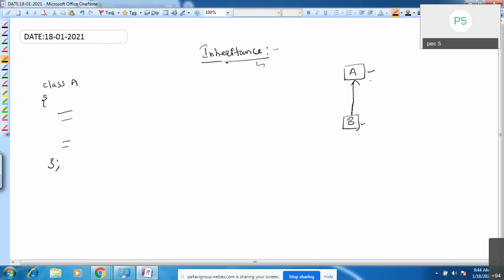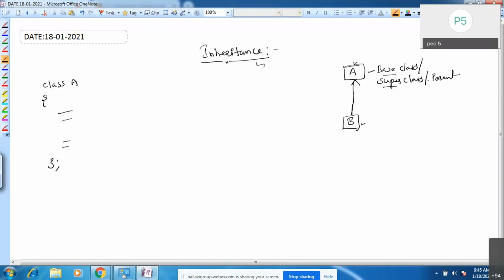The class from which you are acquiring the properties is called the base class, or superclass, or you can say parent class. From A I'm acquiring some properties into B, right? Here you can say A is a base class or a super class.